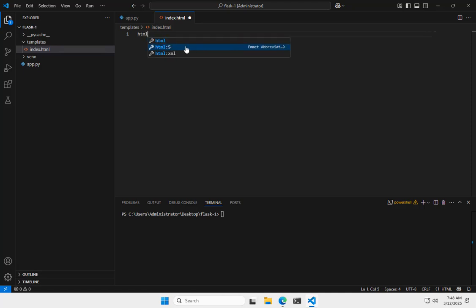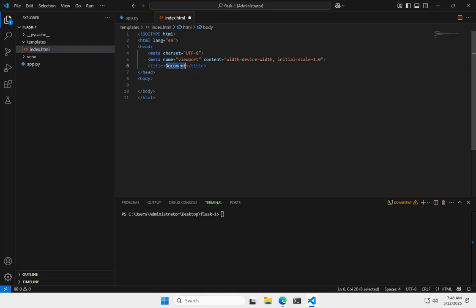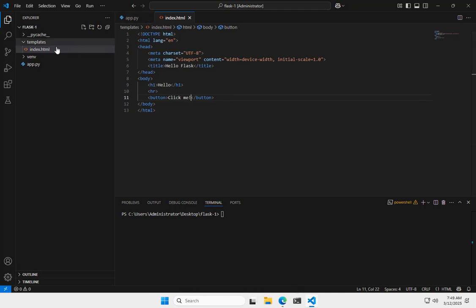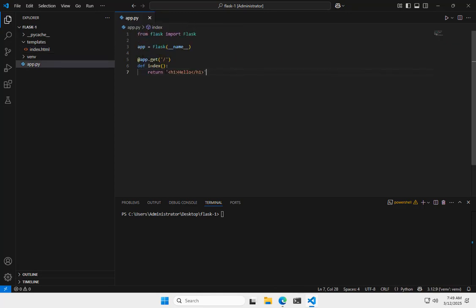HTML5, we can use this snippet to quickly insert this template. And let's change the title, Hello Flask. In the body, let's give it some content. H1, hello, HR. Let's add a horizontal line, and let's try to add more, such as a button. Click me. Okay, so the template HTML file is ready, and let's render it to the default view of the